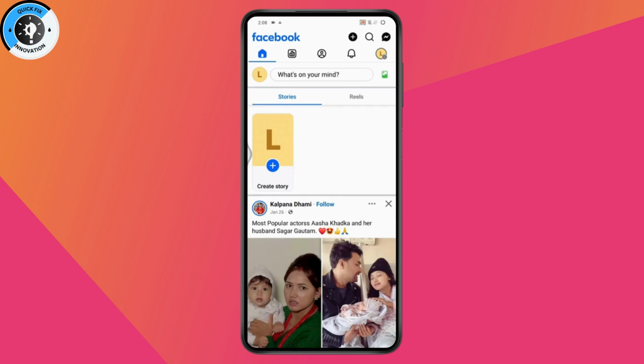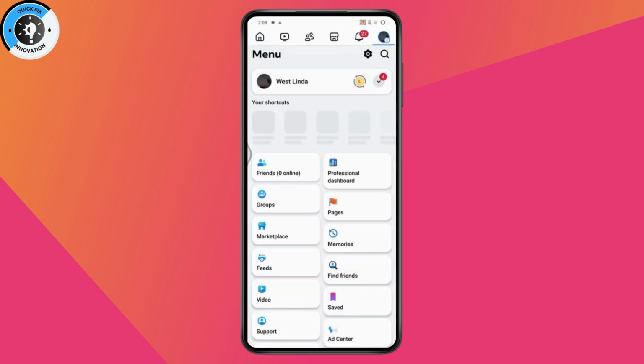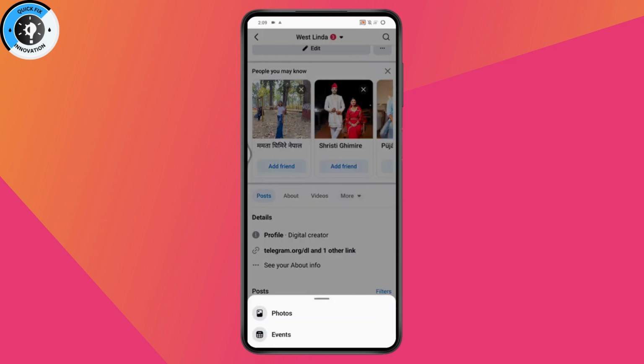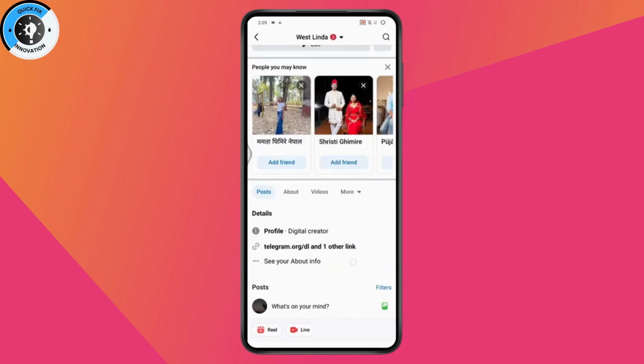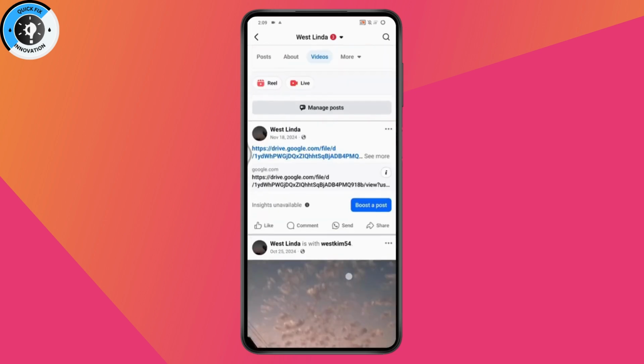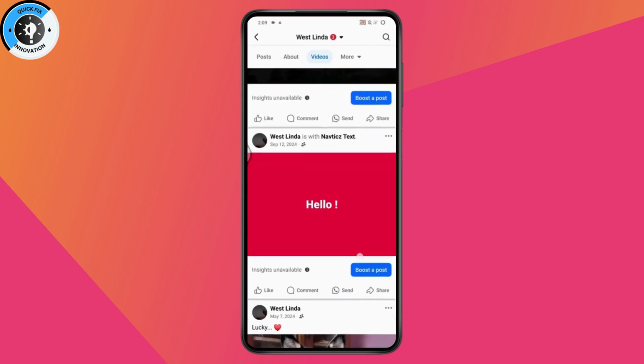Now go with the upper right, which has that 3 horizontal lines, and go with your profile. Now under your profile, if you scroll down, then you will have the Reels section. So you can go with your Reels or your videos that you would like to edit. So in my case, I don't have any Reels, but you can just go with your video or reel, and